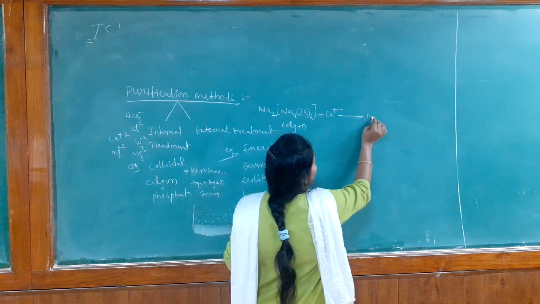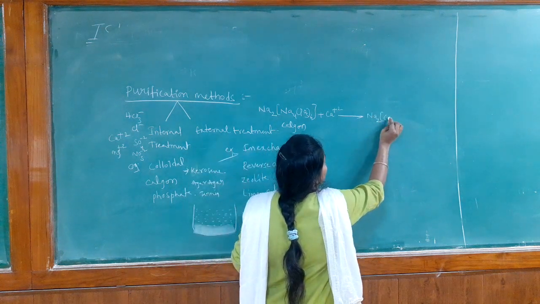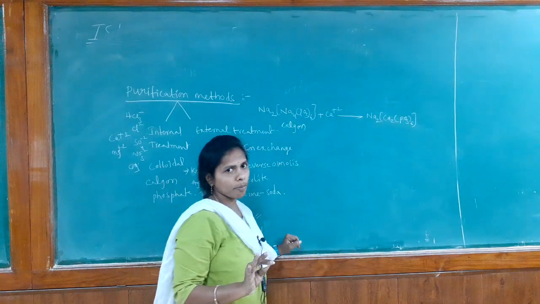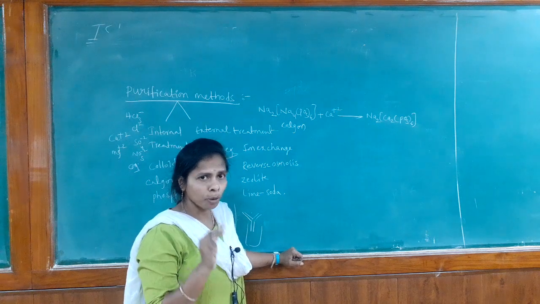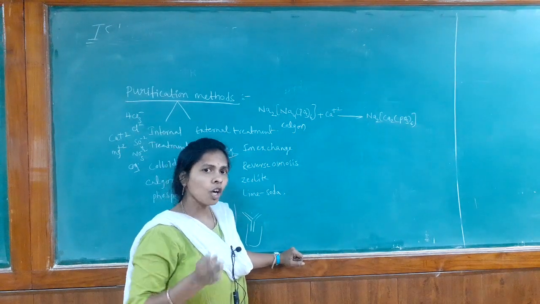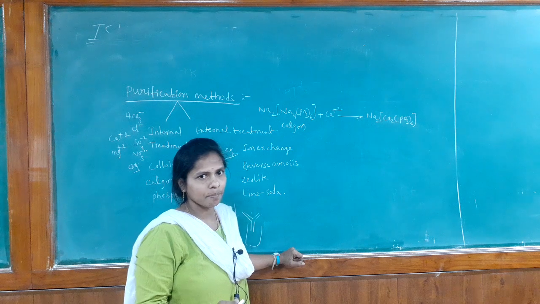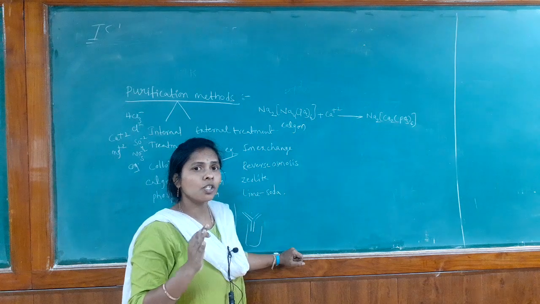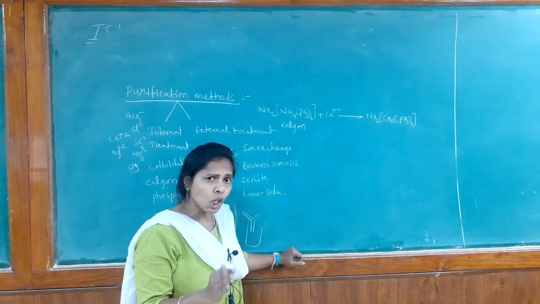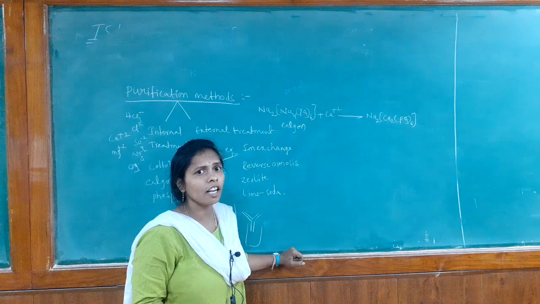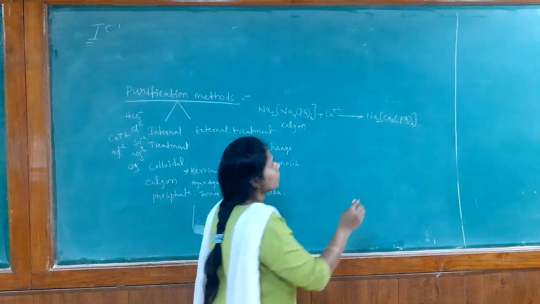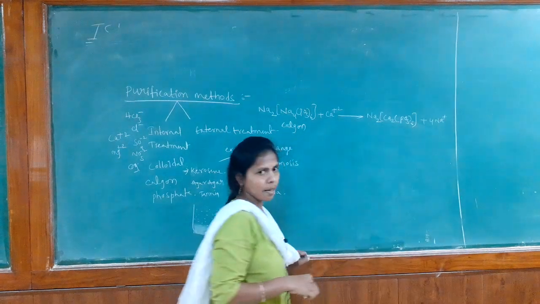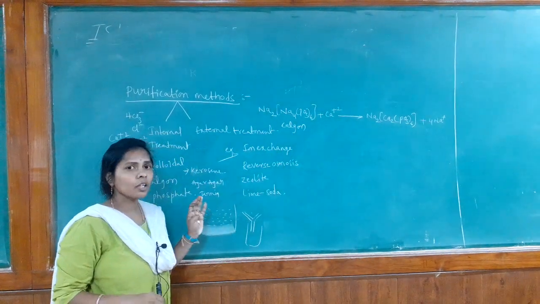So when it is replaced, we will get Ca2 PO3 taken 6, which is not in the form of a precipitate, it is a soluble compound in the water sample. When it is insoluble, it forms scales, but when it is a soluble compound, there is no scale formation on the boiler material. So it releases Na plus ions in the water sample. So this is the Calgon treatment.